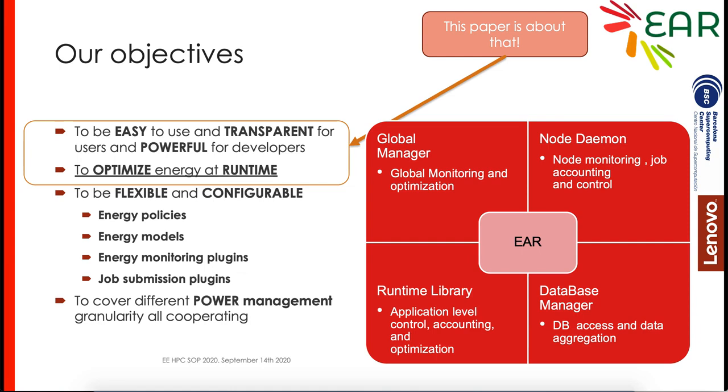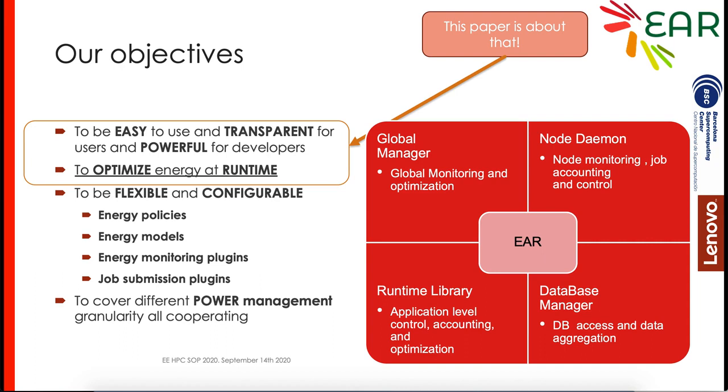The runtime library is the component I'm going to talk about in this paper, and it applies at the application level. The runtime library provides energy control, accounting, and optimization. The node daemon, or EARL daemon, is the component running in compute nodes. There is one daemon per compute node, and it offers job monitoring, accounting, control, and it also provides support for some privileged